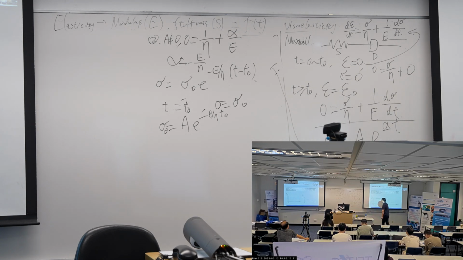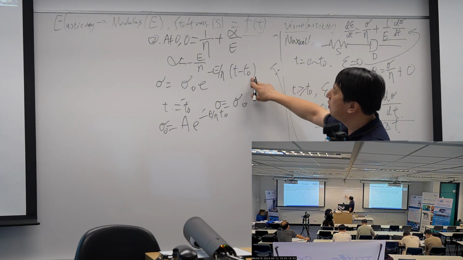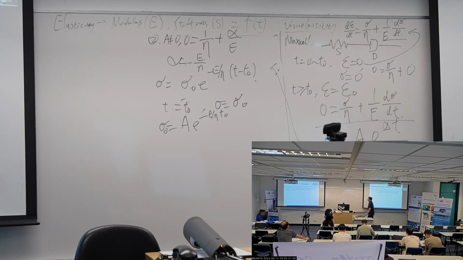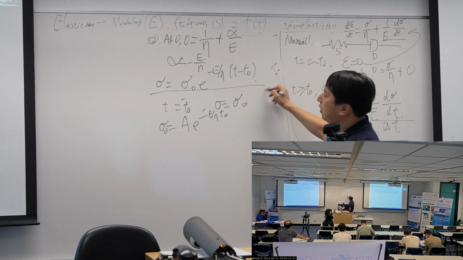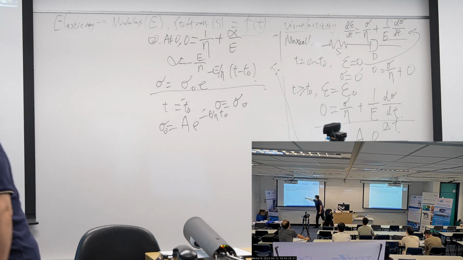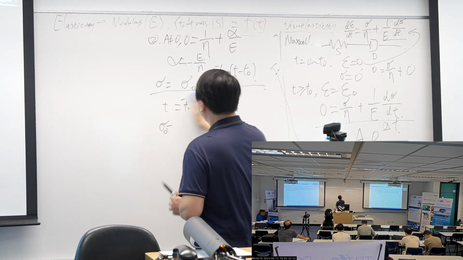Right? That's the final solution. When t equals t0, sigma will equal sigma 0. That's the final result. So this is to describe this curve, to define this curve. And so finally,